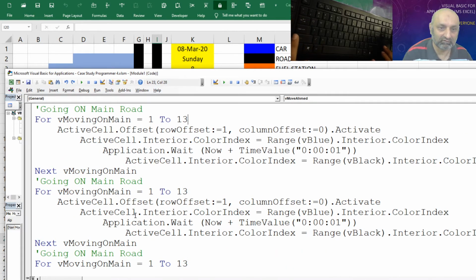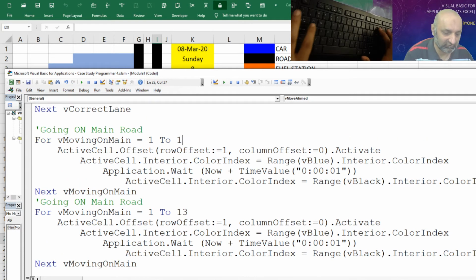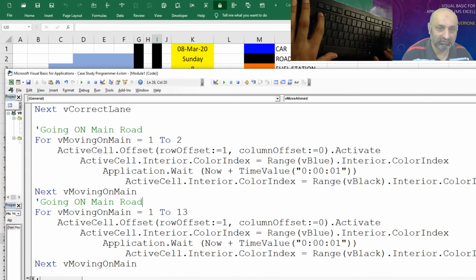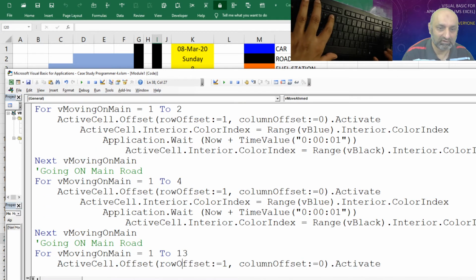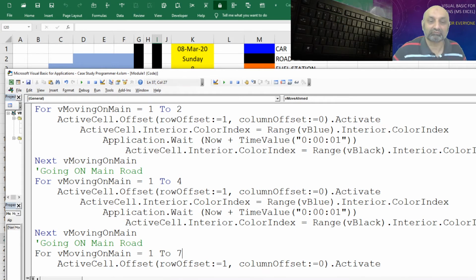First is this, not 13. This is 2 steps, then 4 steps, and then 7 steps. 7 plus 4, 11, and plus 2, 13. So the loop of 13 is now appearing 3 times with 2 steps, 4 steps, and 7 steps.